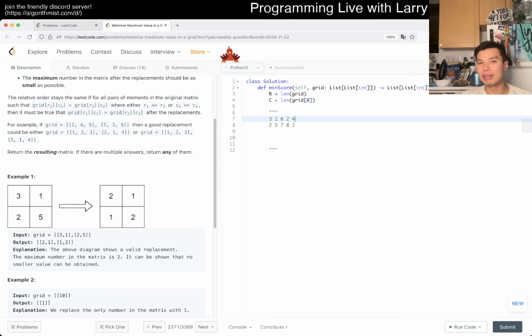And the idea here is that we just impose a graph. In this row, 2 is equal to 2, is less than 5, less than 7, less than 8, right? And in a partial ordering graph, you get 2 connected to 5, and 2 connected to 7 because of the transitive property, and 2 is less than 8, and you can connect a directed graph in that way. Whichever way, it doesn't matter. And as a result, after you draw this graph out, you realize that what you actually want to do is a topological sort, or maybe you even think of it as a greedy,